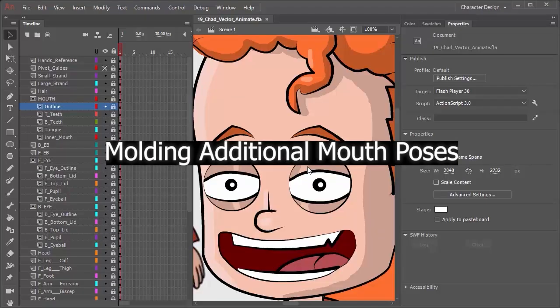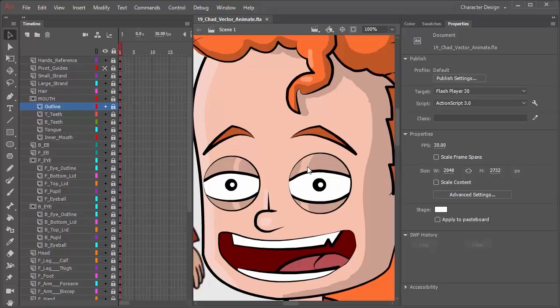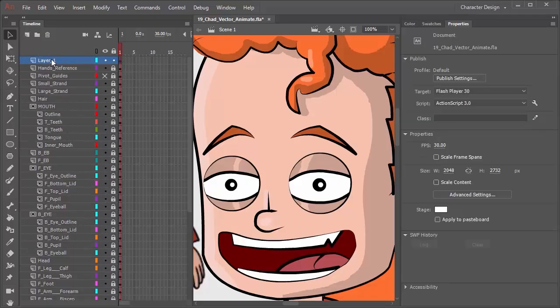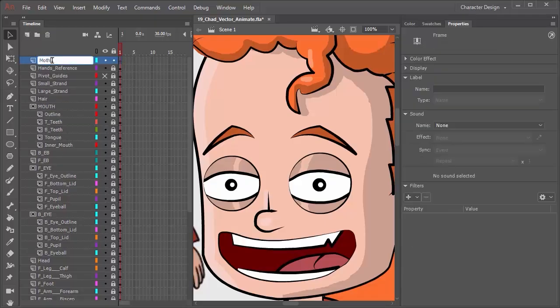For this video, we're working off of 19 Chad Vector Animate. Feel free to open up this file. We're now going to jump in and start molding the mouth. The first thing we'll do is import a reference for the mouth poses. So we can click on Hands Reference and make a new layer and name this one Mouth Reference,